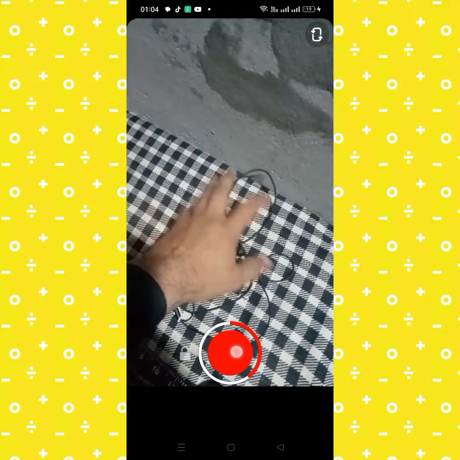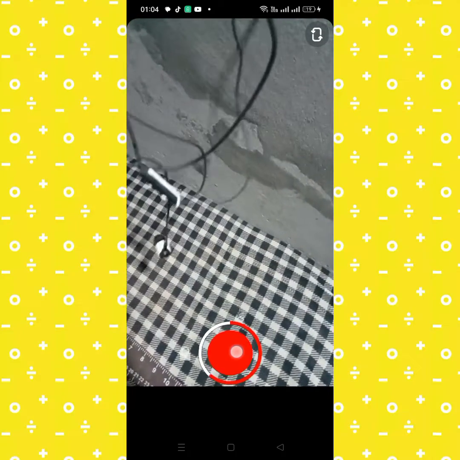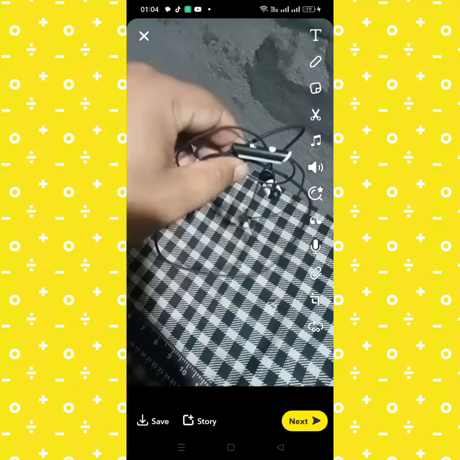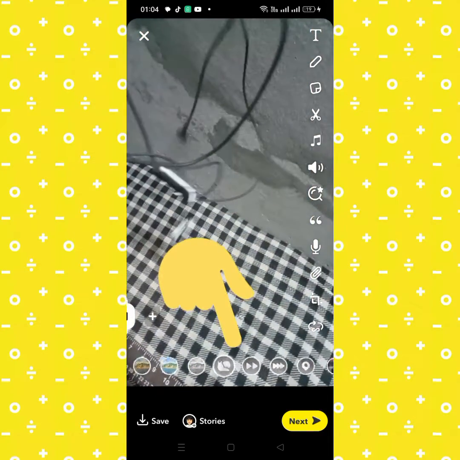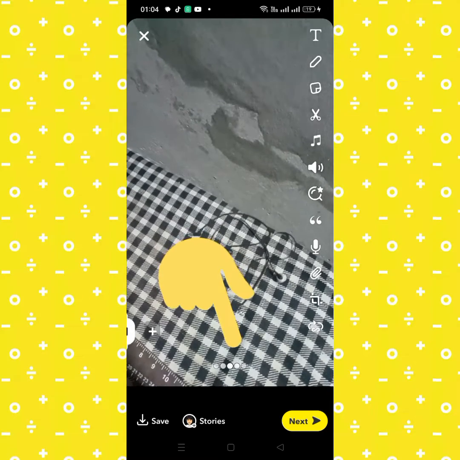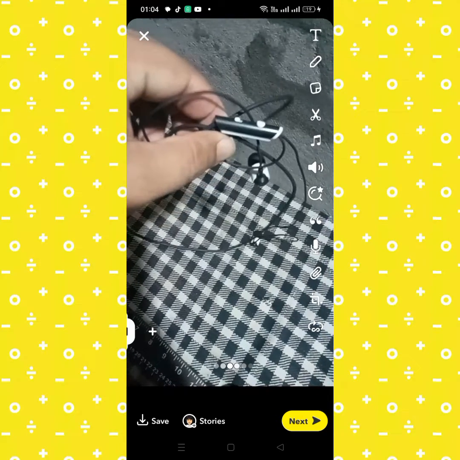Tap on this, and after that swipe on the right side and select a slow motion option, and from here as you can see, make a slow